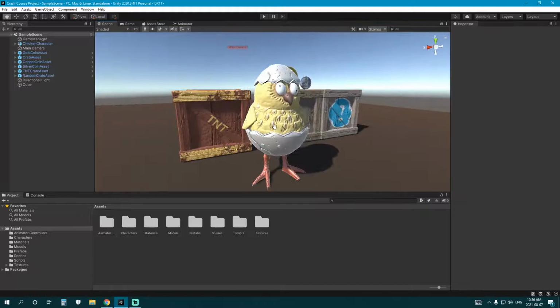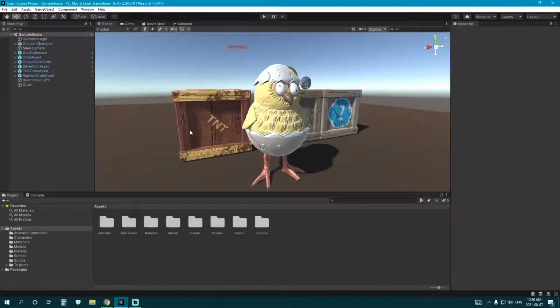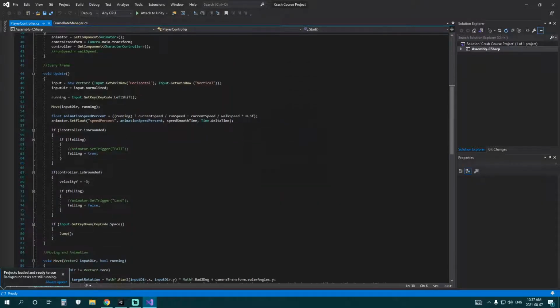Let's dive right in. So right now we can click play, and we can move around, but our camera doesn't follow us or anything like that. It doesn't move with us. There's a couple things you could do, but because of our script, it actually depends on where the camera is facing. So you don't want to just parent it to the character and have it behind him. So if we come down here,